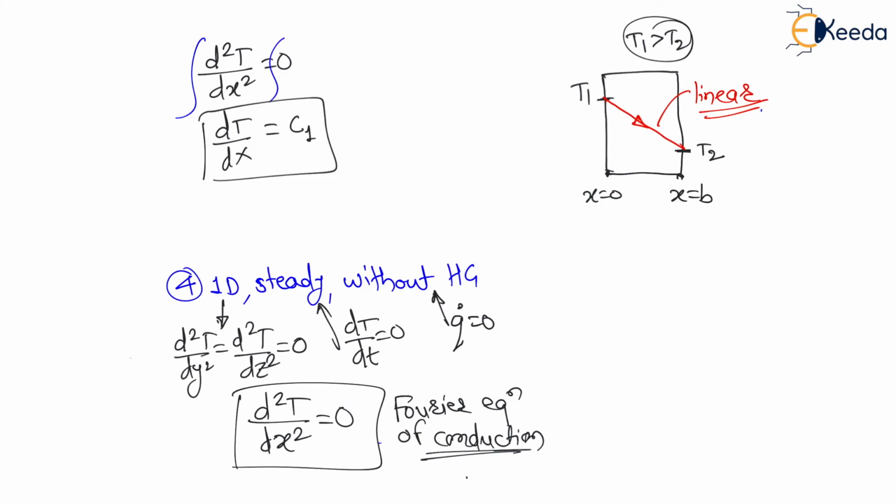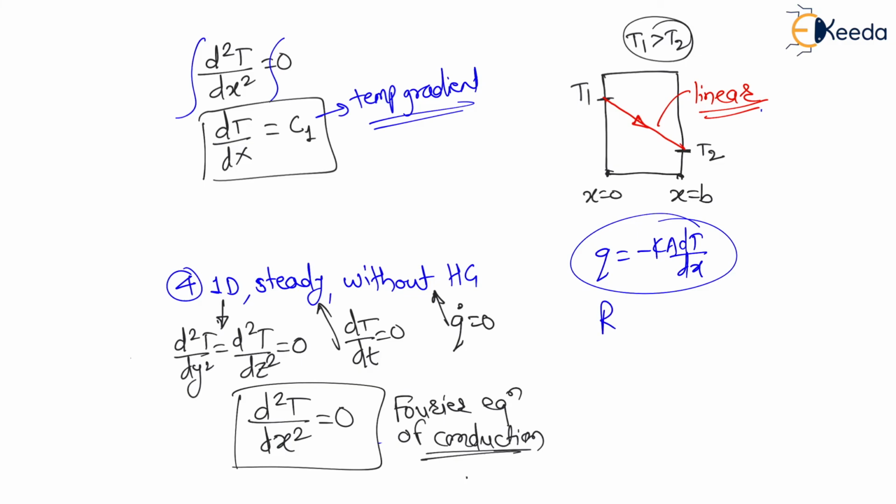Again, if I integrate this equation, this is the temperature gradient equation. You have seen these equations at the start of the lecture. Whenever in the start of the lecture you applied q is equal to minus kA dT by dx, with the help of this, for plane slab you derived the formula of R conduction, which is nothing but L divided by kA, the conduction resistance through the plane slab. Whenever I am assuming x as b, it is b by kA. This formula you derived at the start of the lecture only, right?